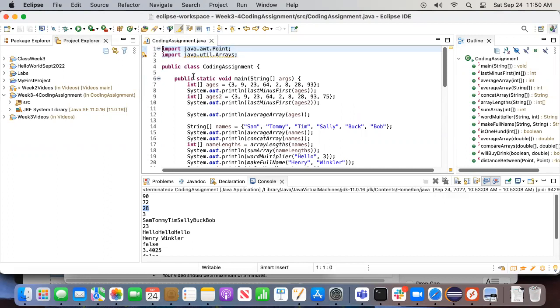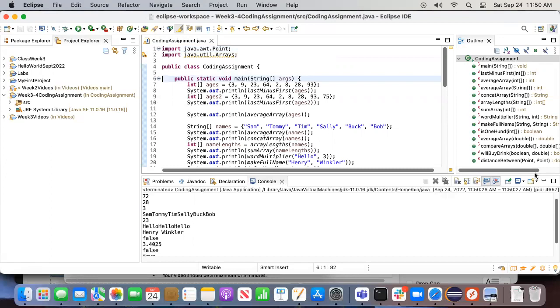This is my week 3 coding assignment. So I guess I'll just step through it line by line as quick as I can. I'm importing some array tools. I'm importing a library for storing geometry, which I will talk about later. So if I just go ahead and run it, it runs without errors, and you can see that the first